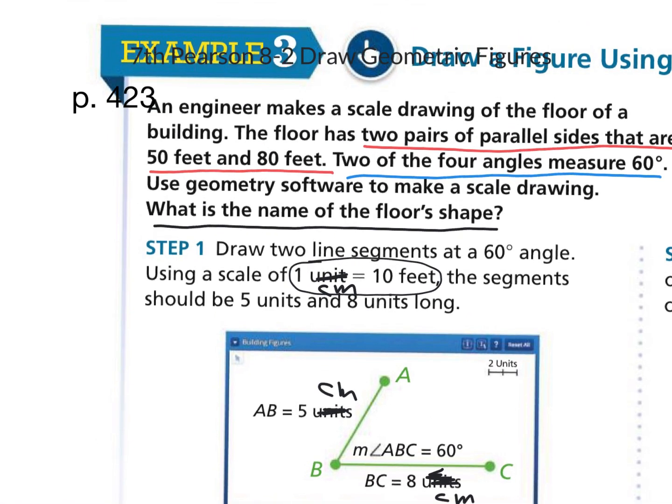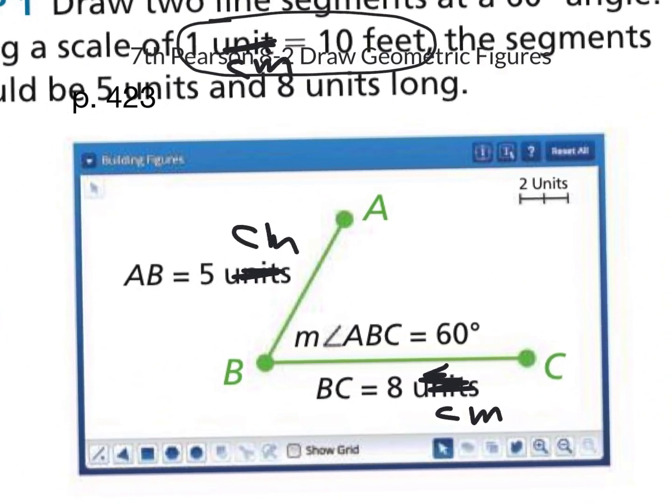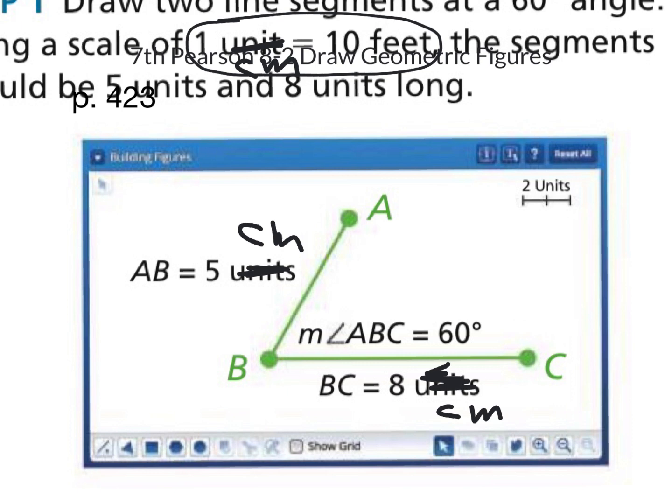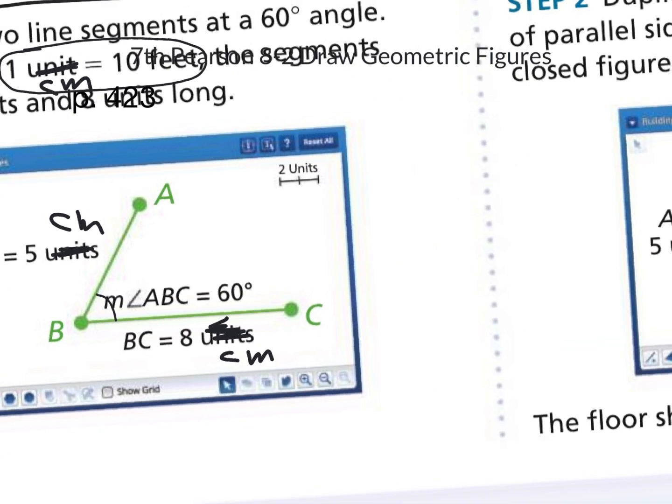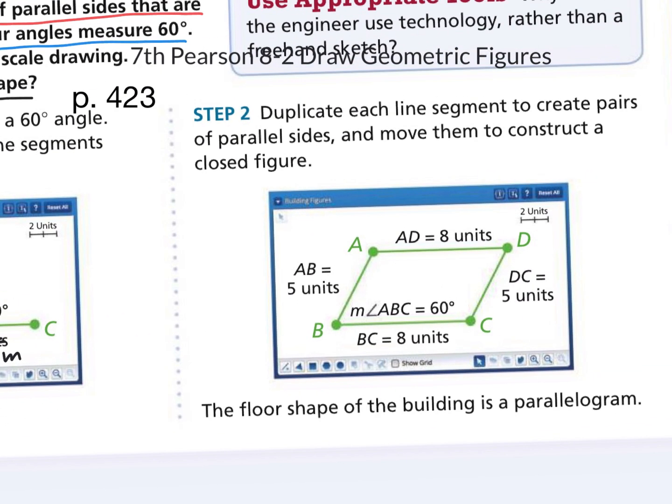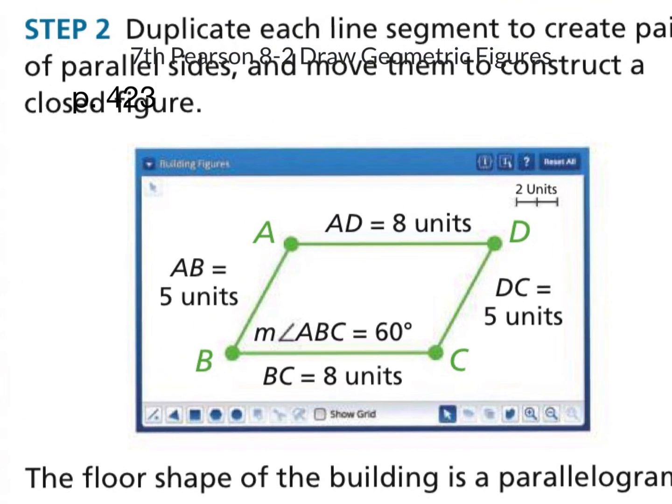Okay, so then we've got two 60-degree angles. So they started out with the 8, we'll just say 8 centimeter segment and a 5 centimeter segment at a 60-degree angle. So you can make that 60-degree angle using a protractor. And then it said that there's two pairs of parallel sides. So if both sets of sides are parallel, then we're going to need also